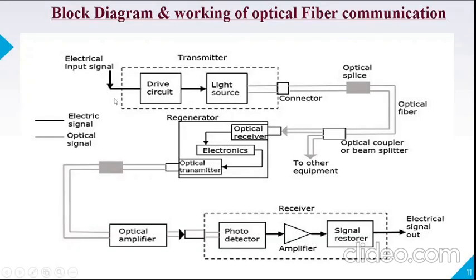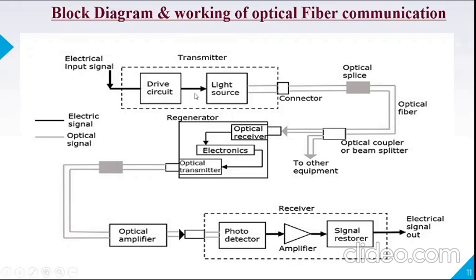Today I would like to cover the block diagram of optical communication system. Any communication system is having three basic blocks. Which are those basic blocks? Transmitter, receiver and communication channel. Any type of communication system must be having these three blocks: transmitter, receiver and communication channel. Now it is applicable to optical fiber communication system as well.